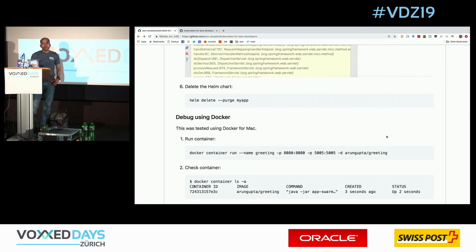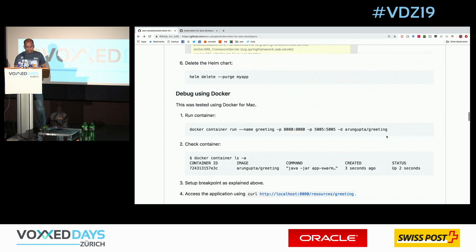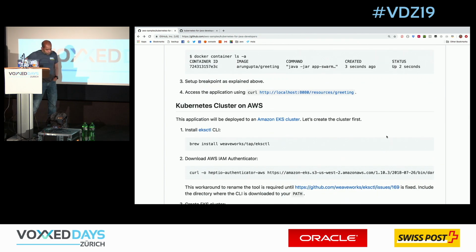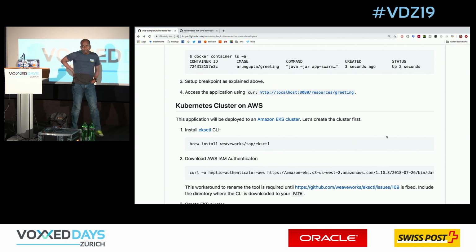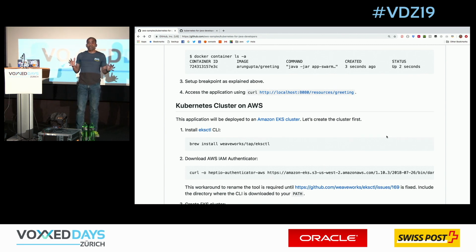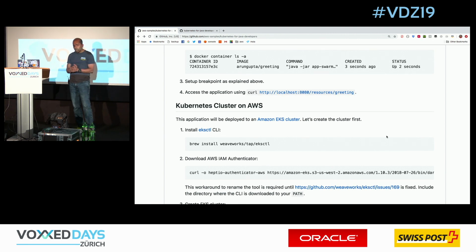And the same thing, of course, works when you're running it as a Docker container as well. Now, your application is looking good, so you understand how debugging of a Java application in the Kubernetes land works. Your next step is, all right, I've done testing on my local cluster. I want to move it to a Kubernetes cluster in the cloud. Lots of different options for that as well.